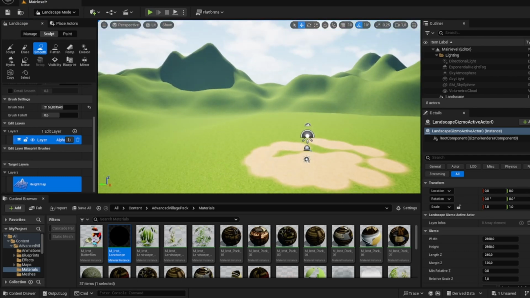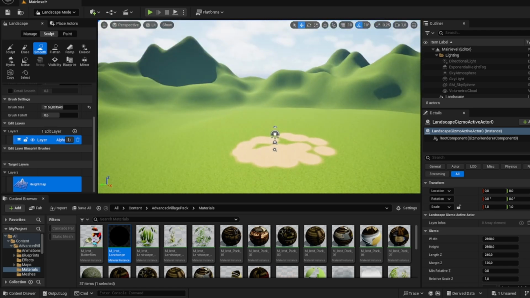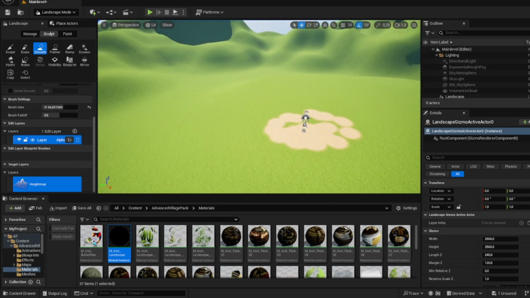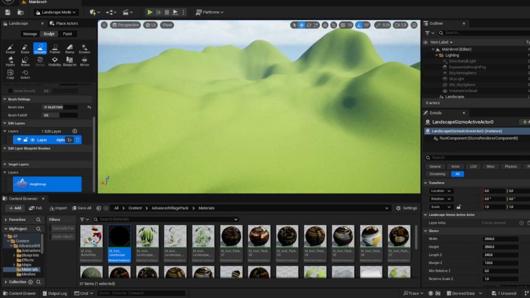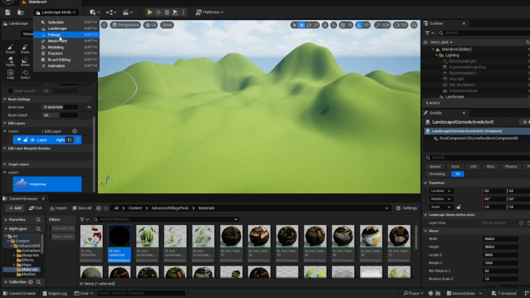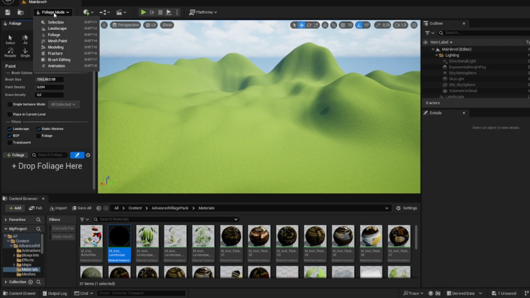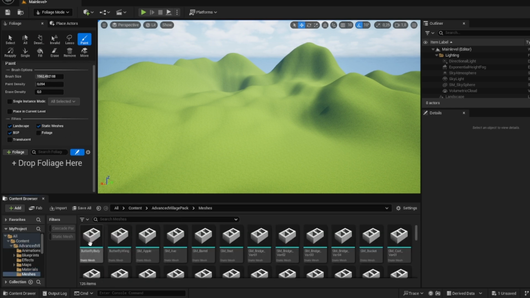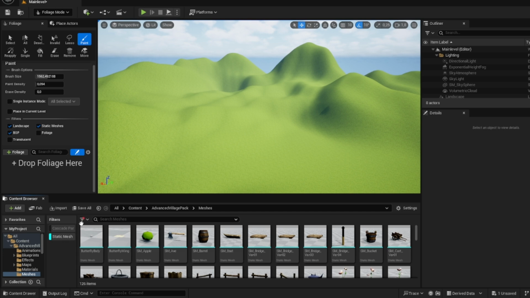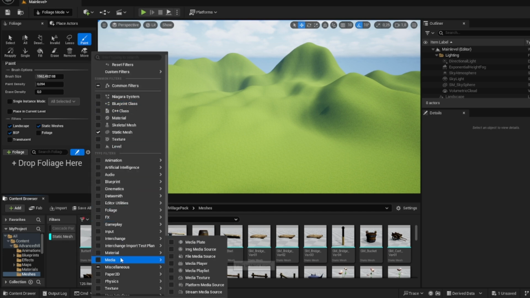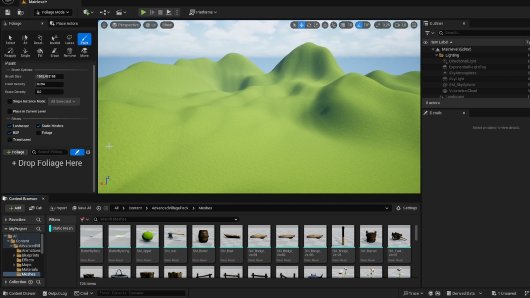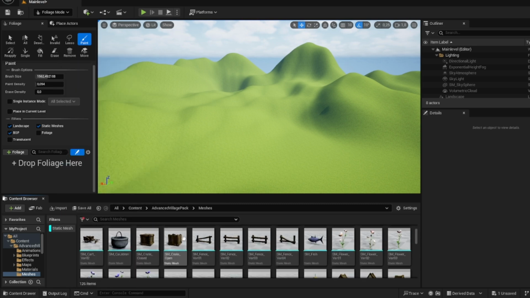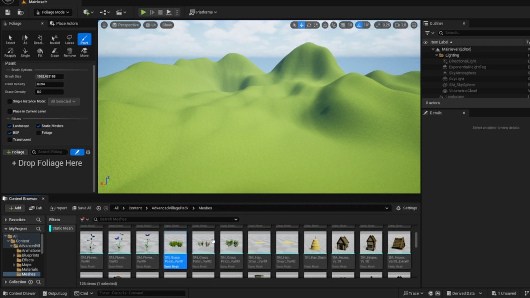Alright, now that we have our very basic map set up, what we want to do now is fill the corners and the sides with some trees. So let's go to the foliage tab, also from the drop down menu up here, foliage, and then go to the meshes, click on static mesh from the filters. So right here you have the filter tab, you can click on it and then click on static mesh, and then look for grass,